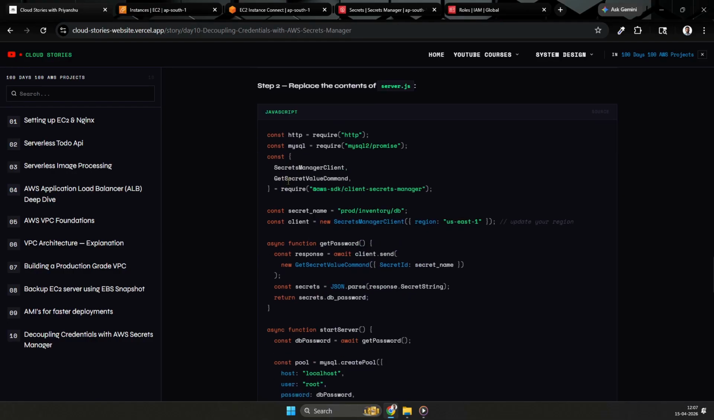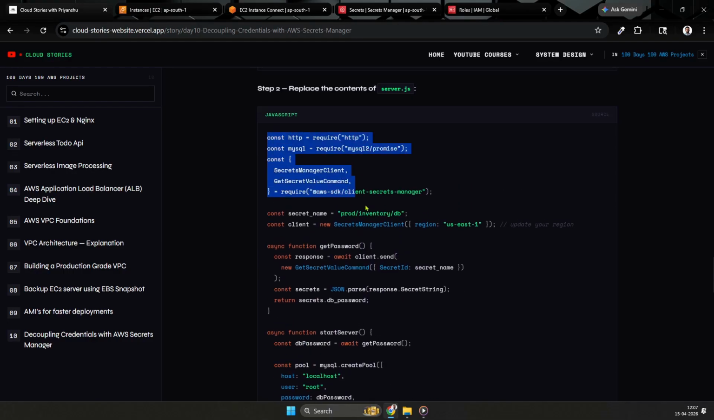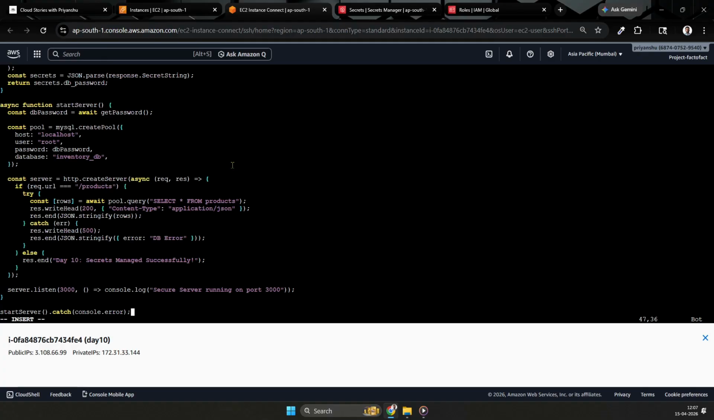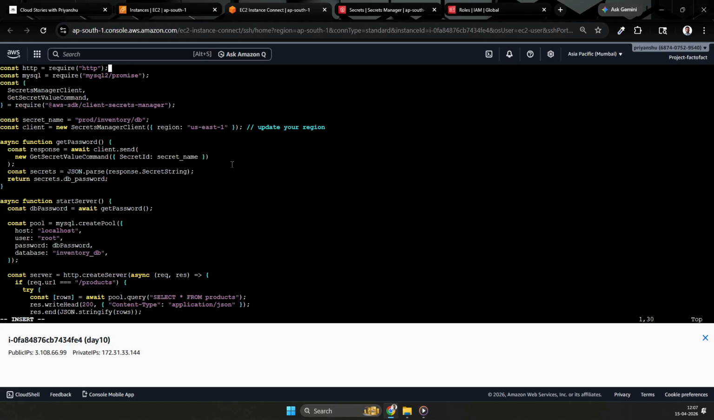Now we need to create a server.js file. So we'll come to our documentation, just copy this server.js file, create the server.js file, go in insert mode, paste it. Now here we need to change the region and the secret name. So just change the region name according to whatever you have provided. So I have provided ap-south-1